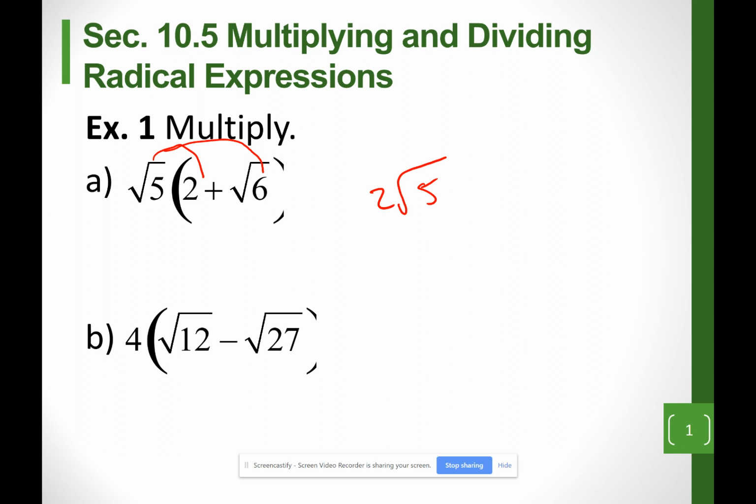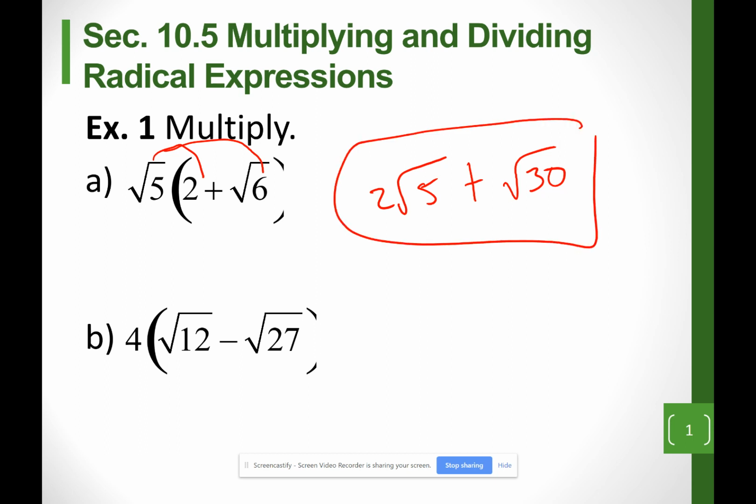Now, radical 5 times radical 6, I'm going to call that radical 30. Radical times radical becomes a bigger radical. Now, radical 30, I cannot simplify. So that's basically it. Looking at example B, I'm going to write this as 4 times radical 12